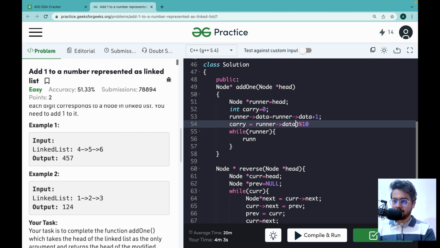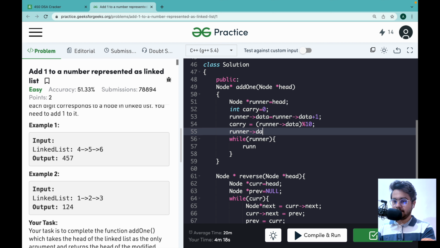So for example it is 9, 10, 20, 11, 10 or something, and runner data will simply become runner data divided by 10. Oh, sorry, we are doing it wrong. Here it will be %10 because runner data will be the remainder, and carry will be this divided by 10.